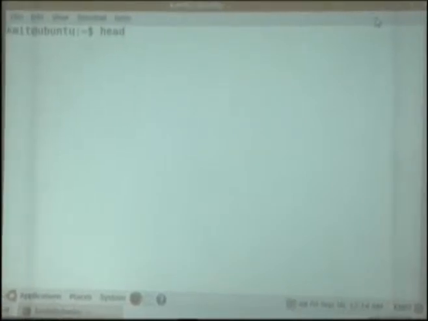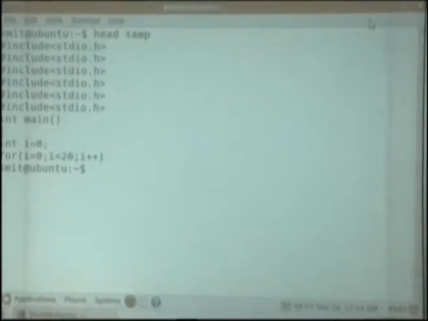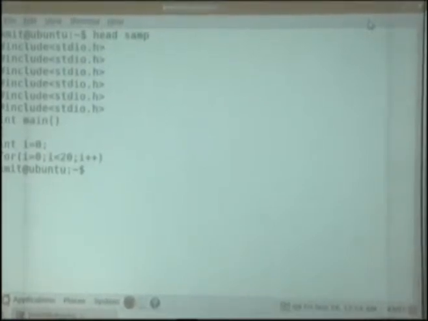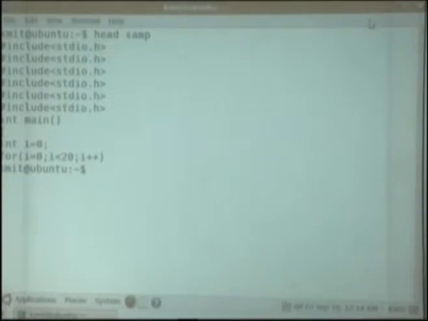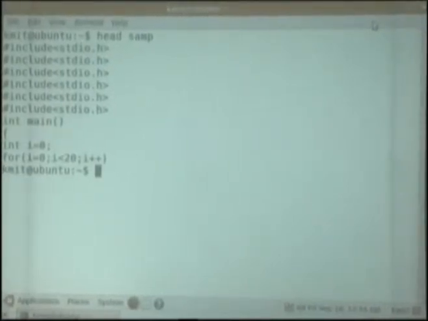If I am interested in seeing the first 10 lines, then head samp, okay, it prints. Now you may argue whether they are really 10 lines or not. To verify, either you can count or we can use a command called nl.